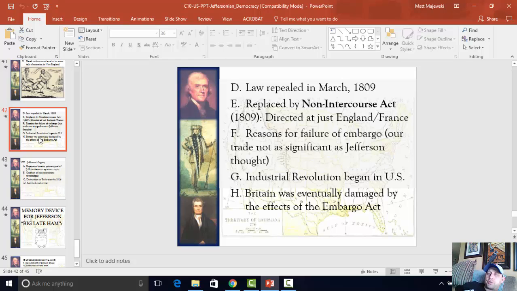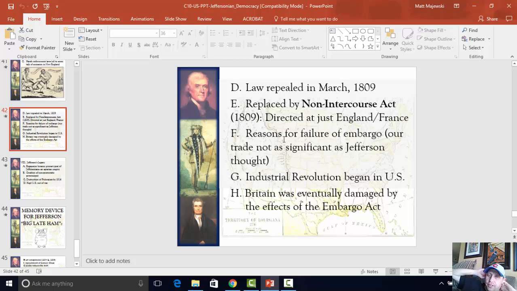We won't trade with those two countries. And whichever country agrees to stop the harassment, we'll trade with them, but not with the other guy. All right? So ultimately, Napoleon is going to be the one that says, all right, I'll stop the harassment. And so the Americans are going to open up trade with France down the road. So anyways, instead of embargoing our trade with everybody, which makes no sense at all, right? Now we're just going to embargo our trade with the two countries who are responsible for the harassment, and whichever one stopped first, France, we would agree to open trade up with them and not trade with the other side.